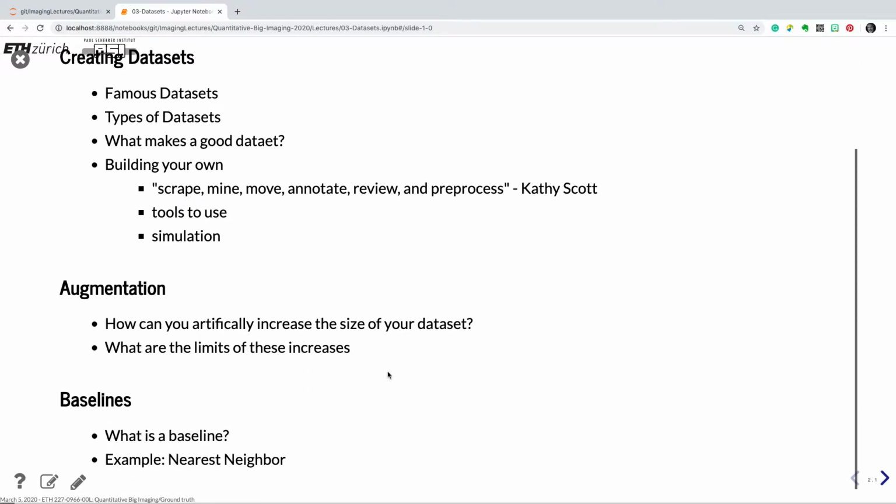And also for the case that you don't have enough data, sometimes the machine learning techniques really require a lot of data, and you can't possibly get the amount of data you really need. So that is about augmenting and how you can actually artificially increase the size of your data. Finally, as a quick glimpse into different machine learning techniques, I'm going to talk about baselines. And, well, that's the last part of the lecture today.